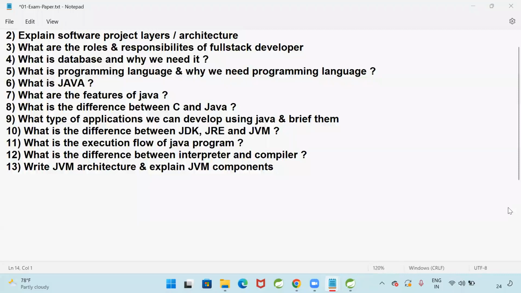Explain the components. JVM architecture and explain the components of the JVM.